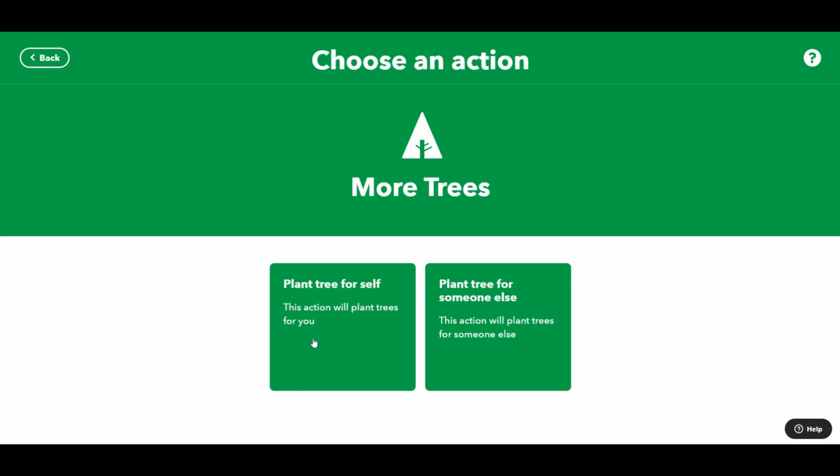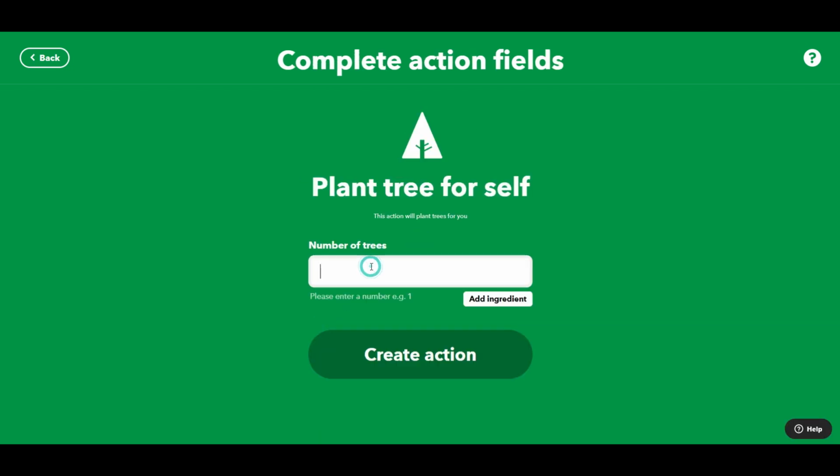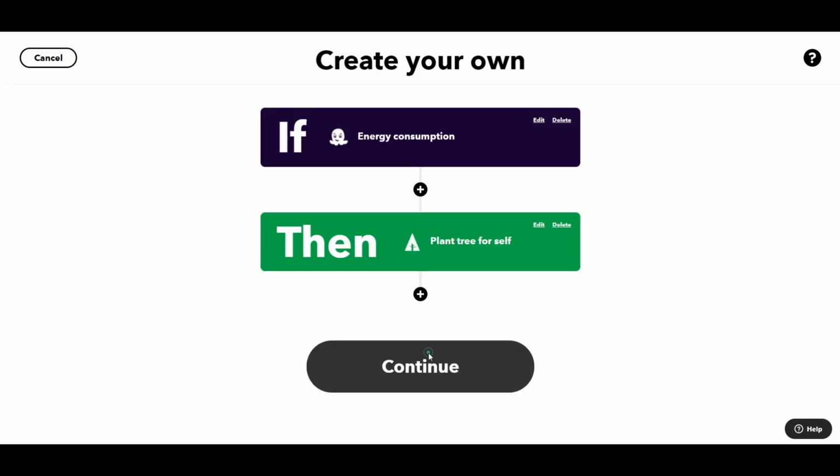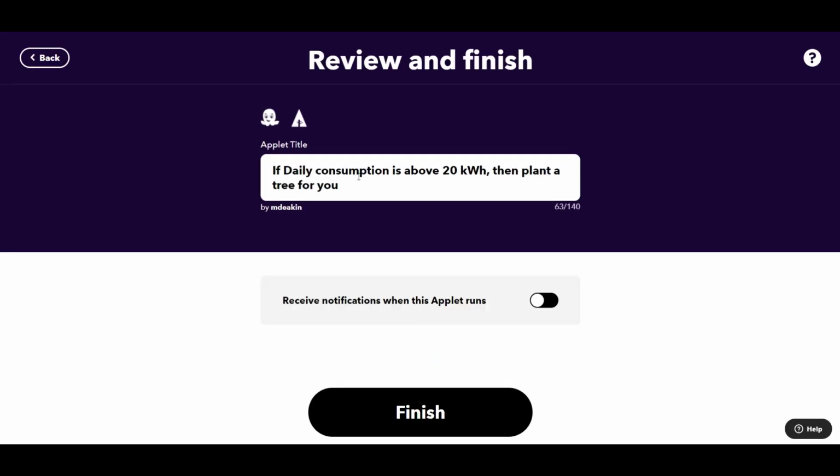But here I'm going to select the plant a tree for self. I'm going to plant just the one tree when I go over my daily target, and I'm going to go for create action. I'm going to click on continue. So basically, if my daily consumption is above 20 kilowatt hours during the day, then go plant a tree for me. And in this instance, I probably want to be notified, so I'll know if I've gone over my limit. I can click on finish,